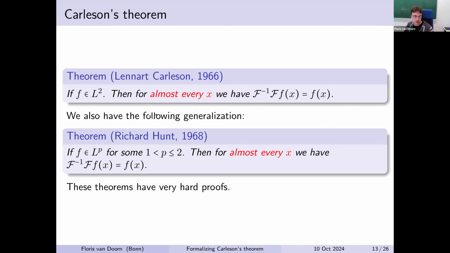And the other thing that might cause a function to fail to live in LP is if it has a long tail. So if it doesn't tend to 0 quickly enough as its input tends to infinity. And in that case, the lower the p is, the harder it is to be in LP, because if you have a number that is between 0 and 1,